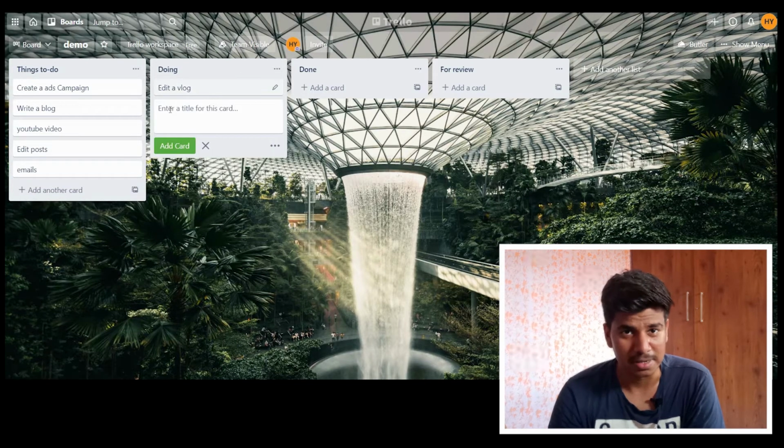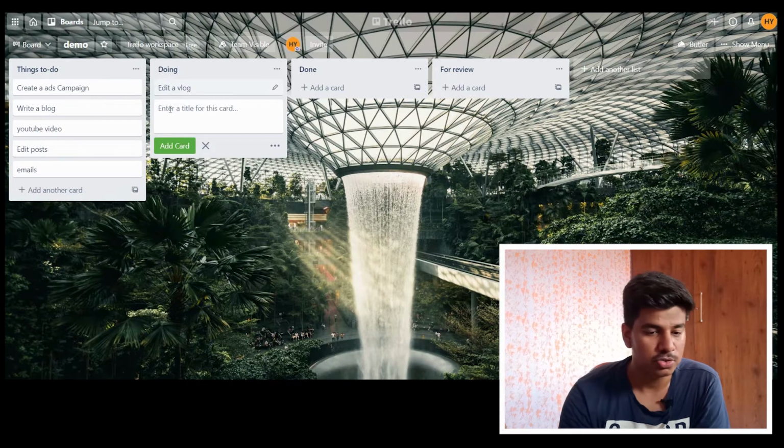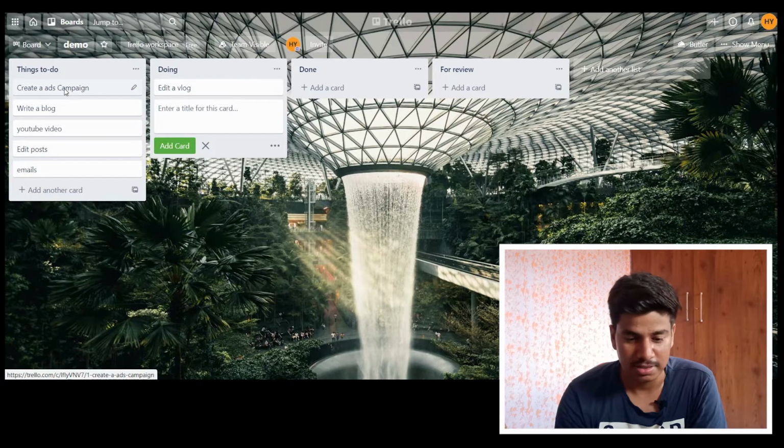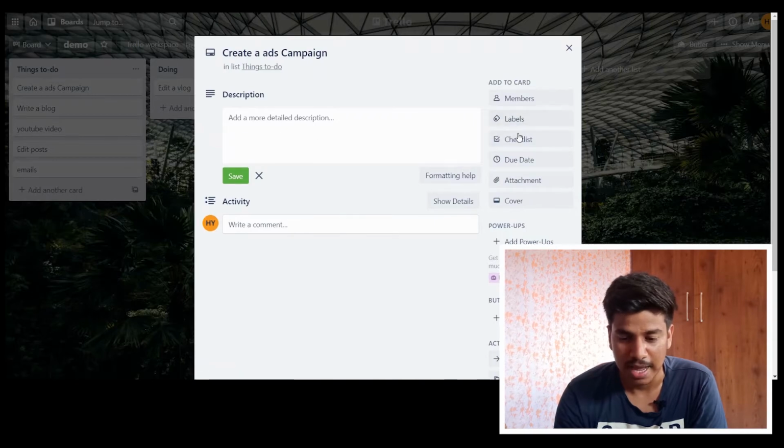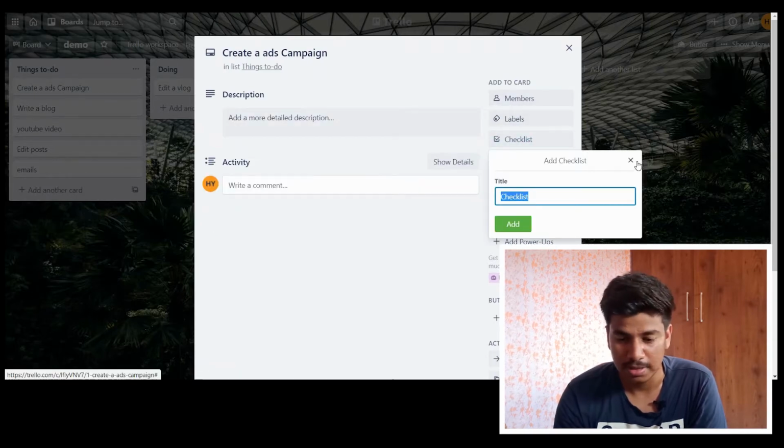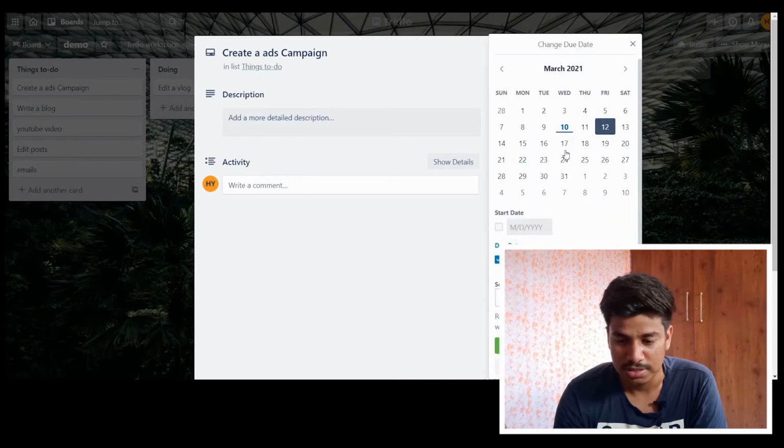It is as simple as that. But what makes it different from other tools is you can also add a due date. For example, if this is due on March 13th, I can add that, and I can even add the time. So here it is.